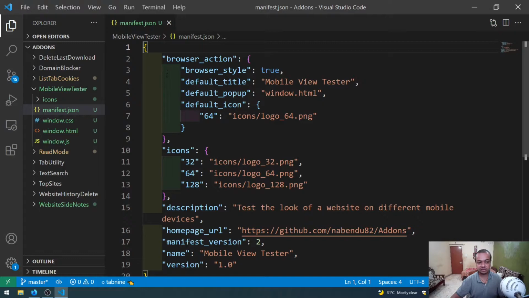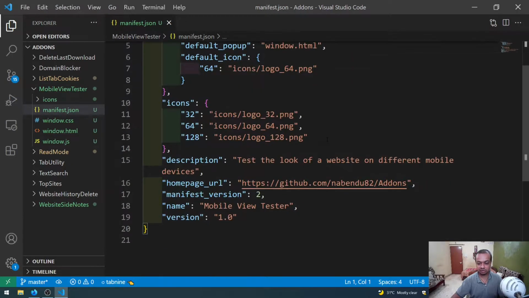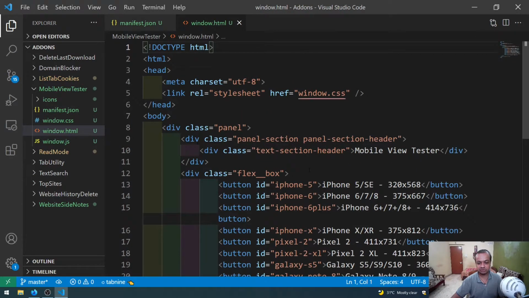Let's see the manifest.json. The default popup is windows.html, so windows.html will be loaded first. There are not many permissions here. Then windows.html is there